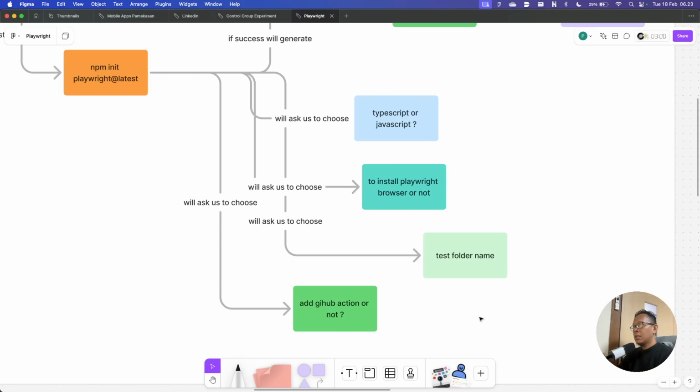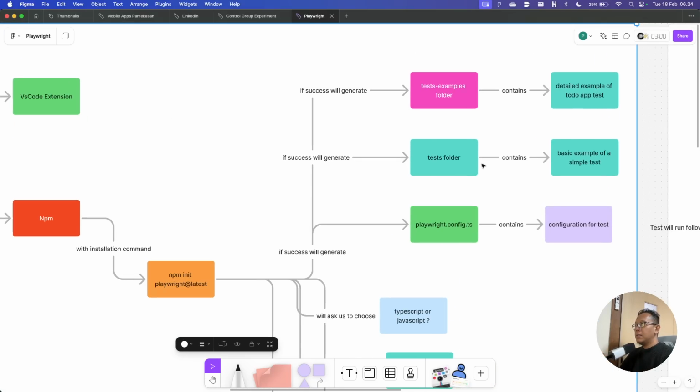So this test will run on a server somewhere using GitHub Actions. Those are the options that it will give you when you try to create a new Playwright project. Then the newbie QA asked me, why like this? Why like this? So please understand this, yeah.